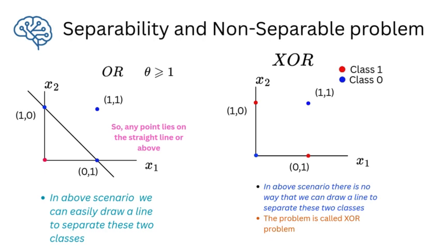The key takeaway is OR is linearly separable, so a single perceptron can solve it. XOR is not linearly separable, so we need a more complex model. This insight eventually led to the invention of multi-layer networks and the foundation of deep learning. Understanding these differences is crucial because it shows why deeper architectures become